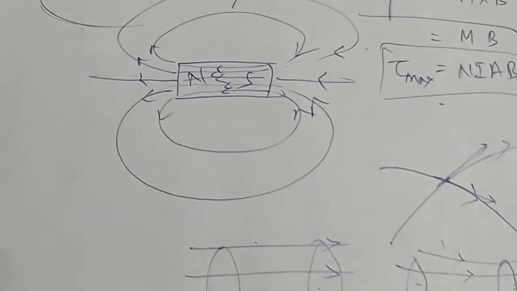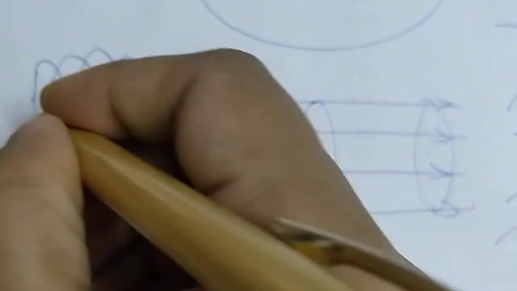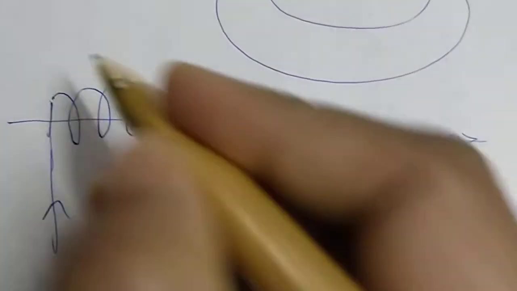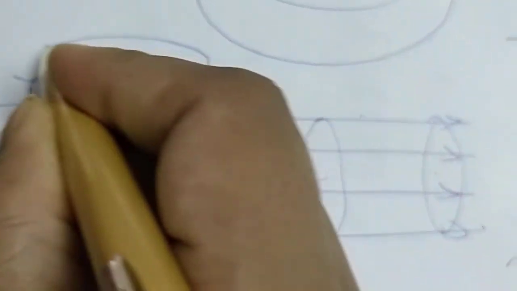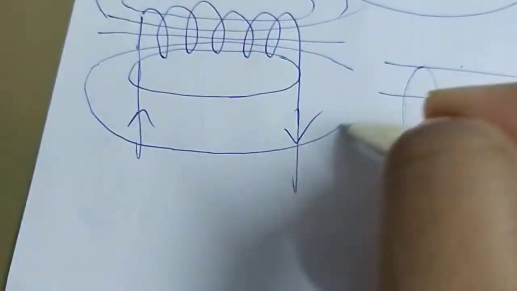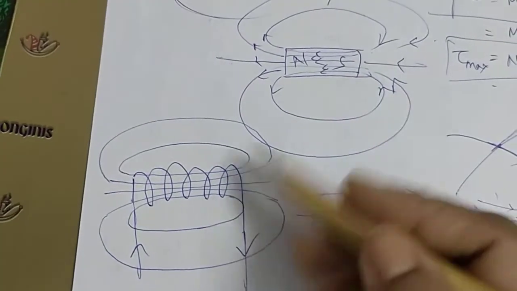If I have to draw magnetic field lines for a solenoid, here I'll draw it for a solenoid. Suppose this is a solenoid. If it carries current, then there will be magnetic field lines. If you remember, the magnetic field pattern for a solenoid was like this. And furthermore you can draw. So now it looks similar outside, and inside it looks similar.